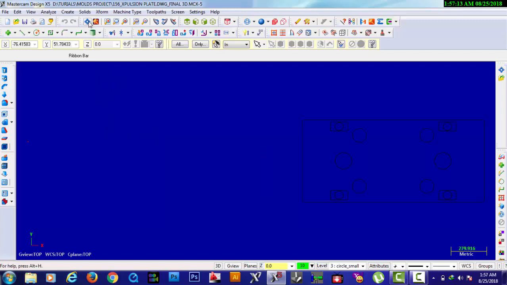As you see here, my file is in the top view. I want to see it in the isometric view. So I go to the menu bar here and choose isometric view. There we go.